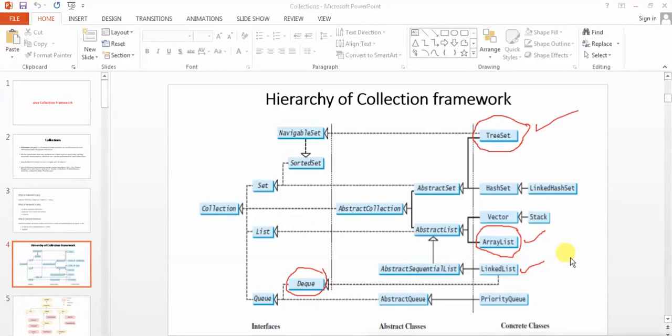And there is one more concept called hash map, which is not listed here. So hash map is nothing but the thing which you have already studied in data structures, if you have done that: how to store the data using their hash value, compute the hash value of that particular thing and store it at a particular place. So that is hash map, which is what it is called in Java.